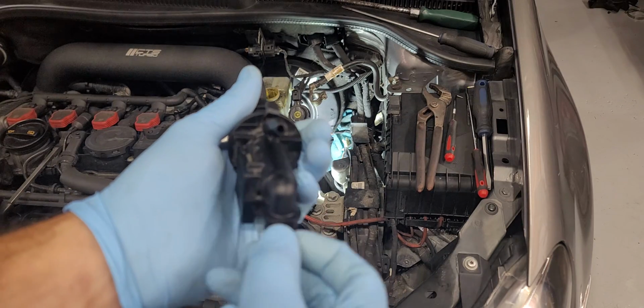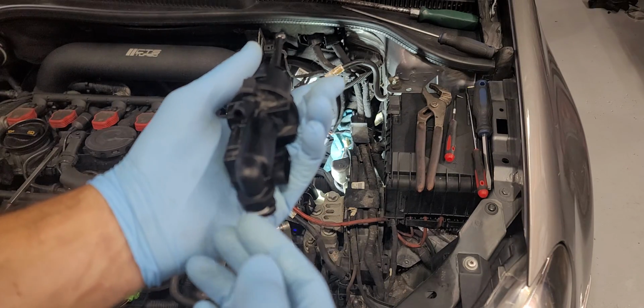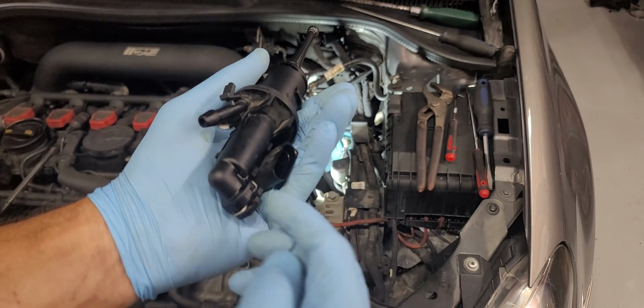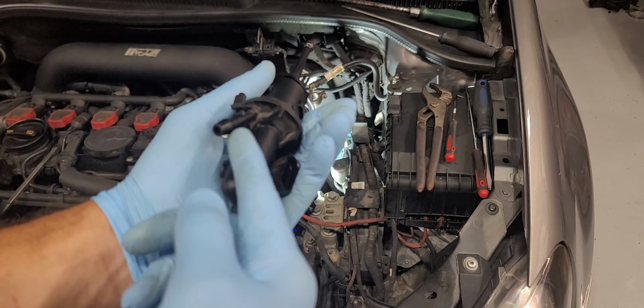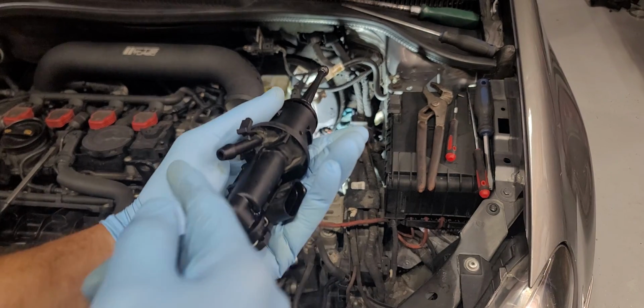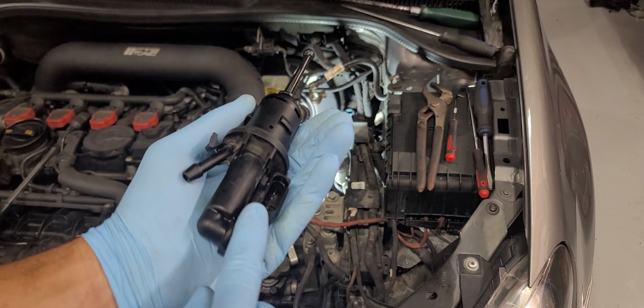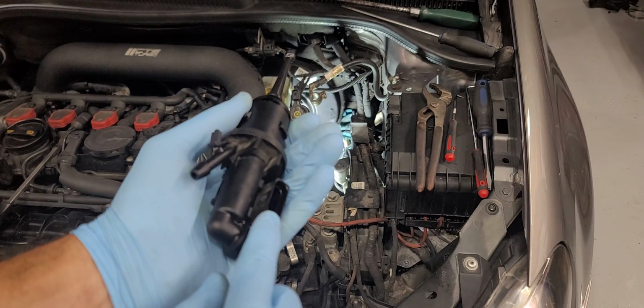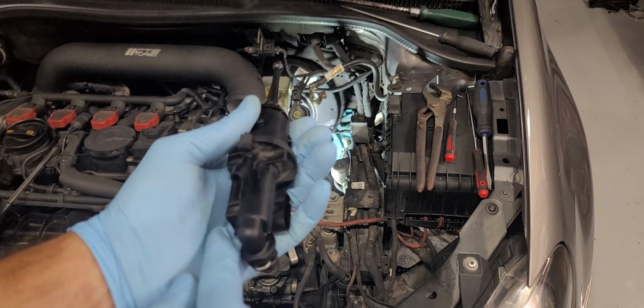You want to just pull this metal clip forward, and you can undo the discharge line to the clutch. This just pops off. There's no tabs or anything, it's just a press fit. This electrical connector I found to be quite difficult to try and disconnect down in there, and was having a